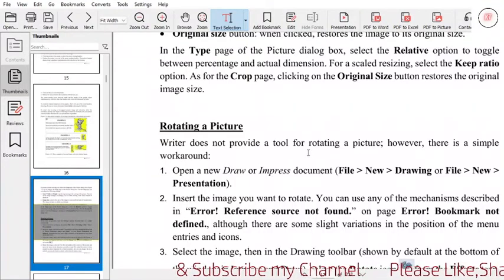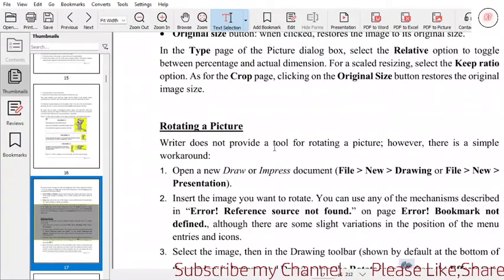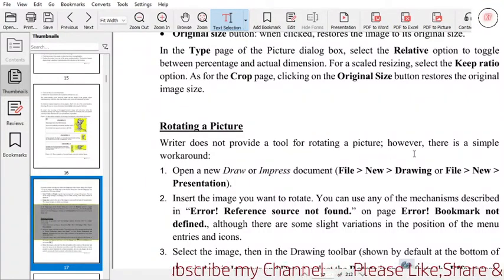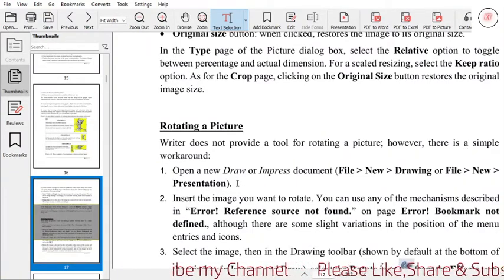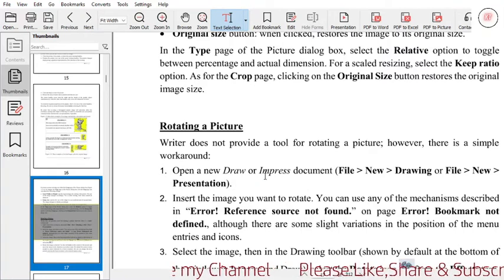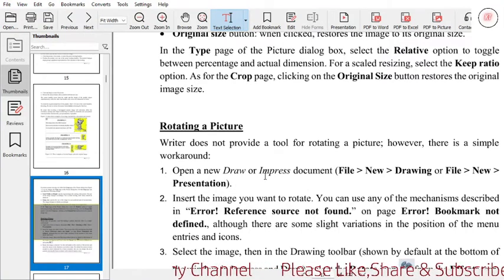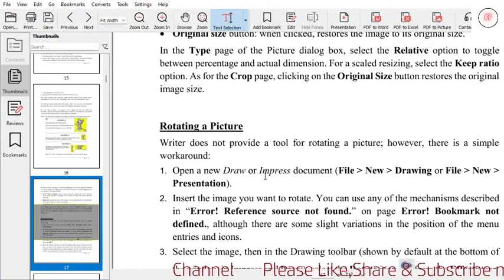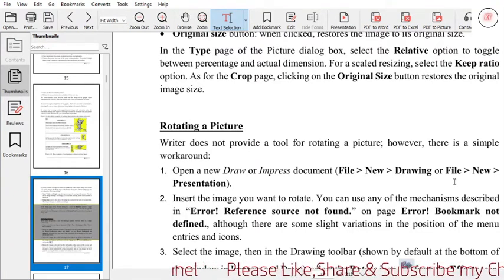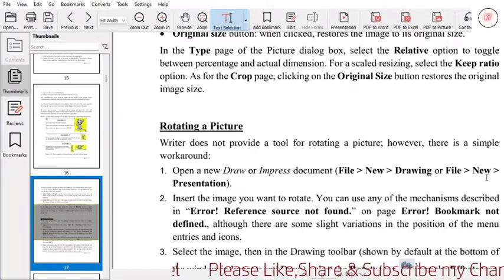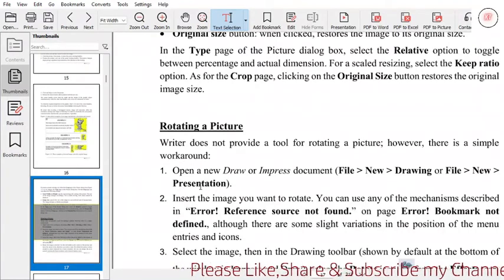Rotating a picture. Writer does not provide a tool for rotating a picture. However, there is a simple workaround. Open a new Draw or Impress document. From File, select New and select Drawing, or New and Presentation.